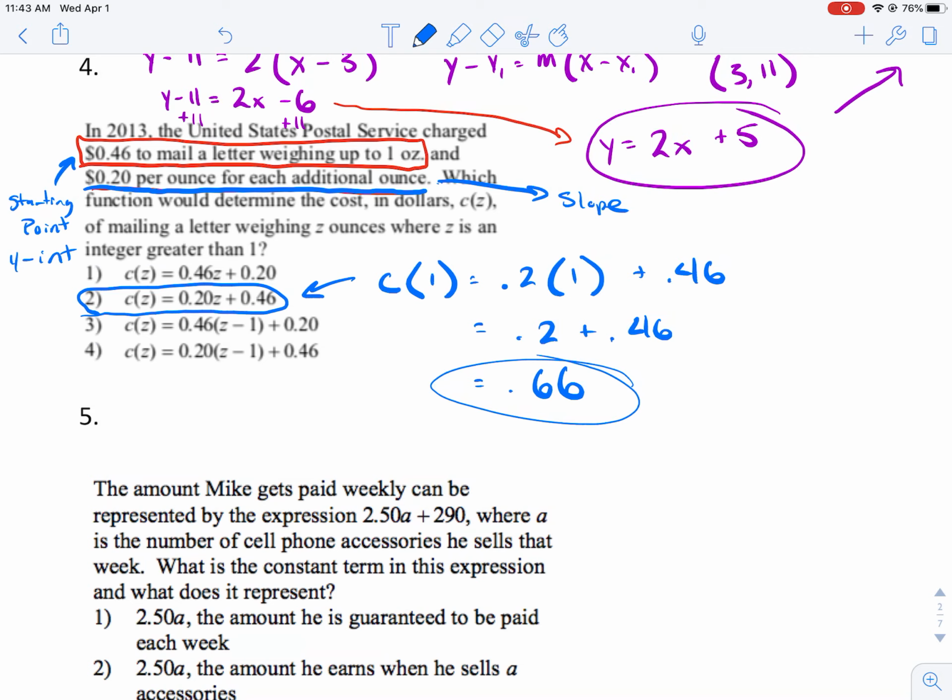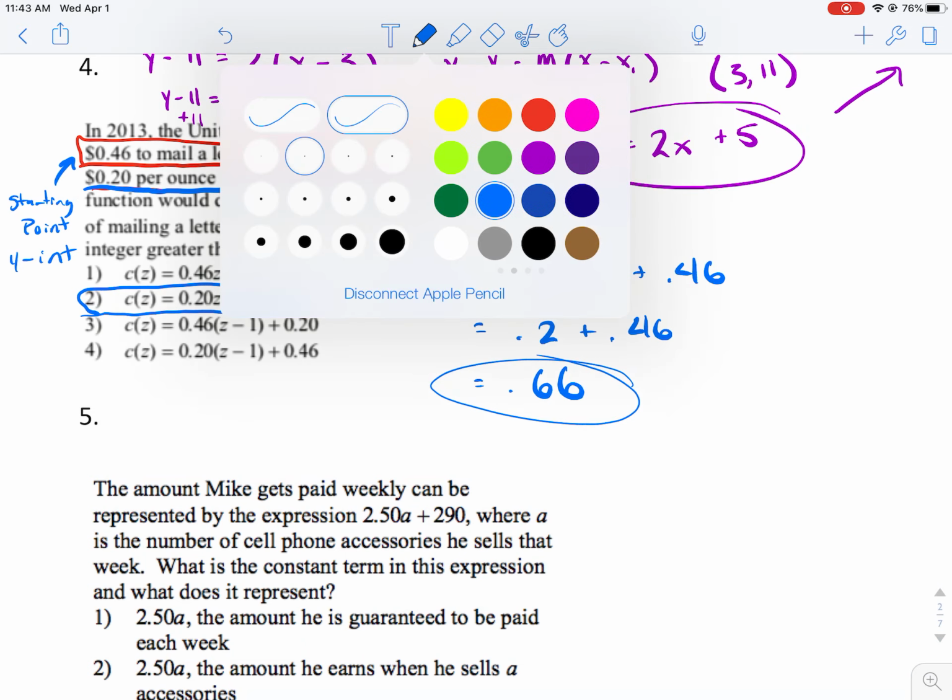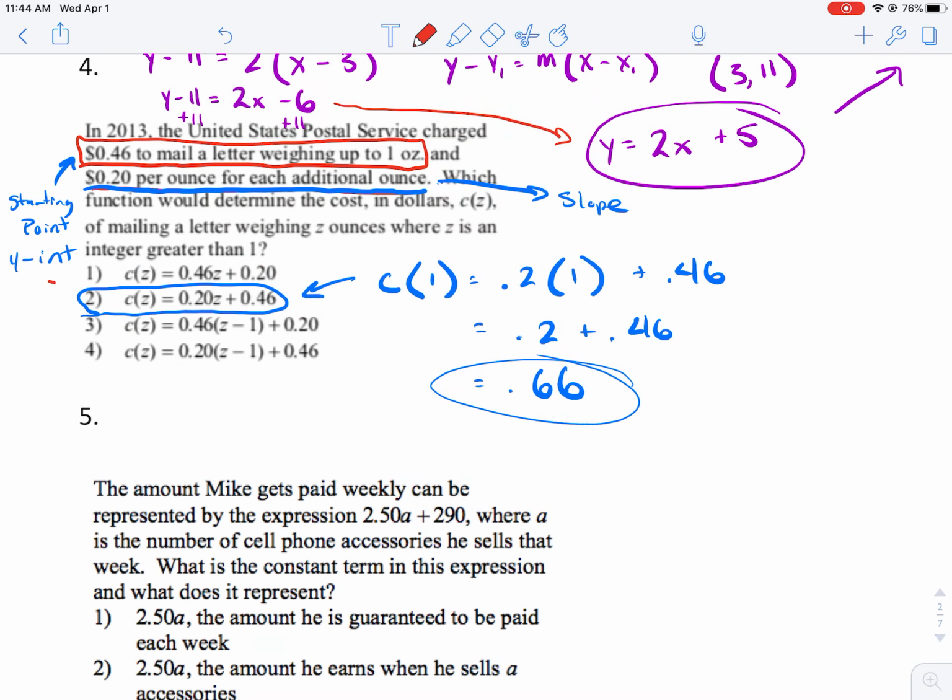But wait a second. What does our problem state up here? It says we are getting charged 46 cents for any letter weighing up to 1 ounce. So I got a letter weighing 1 ounce, and all of a sudden I'm getting charged 66 cents instead of 46. So the problem with this function number 2 here is that it doesn't take into account